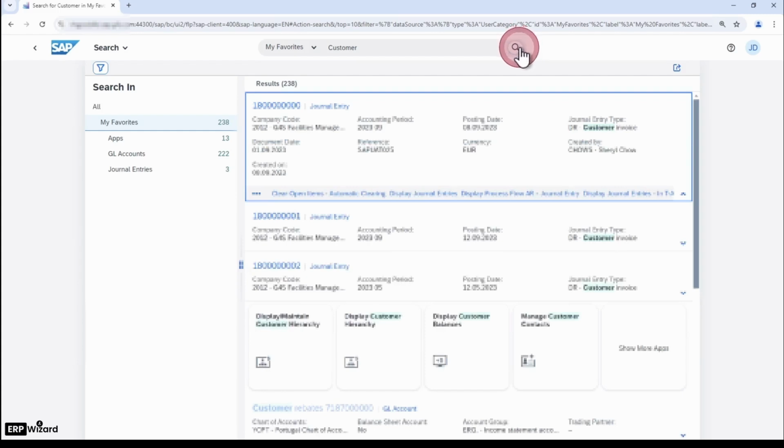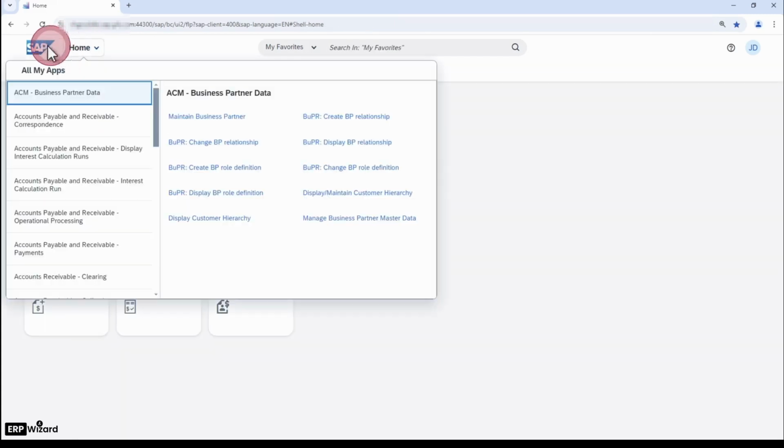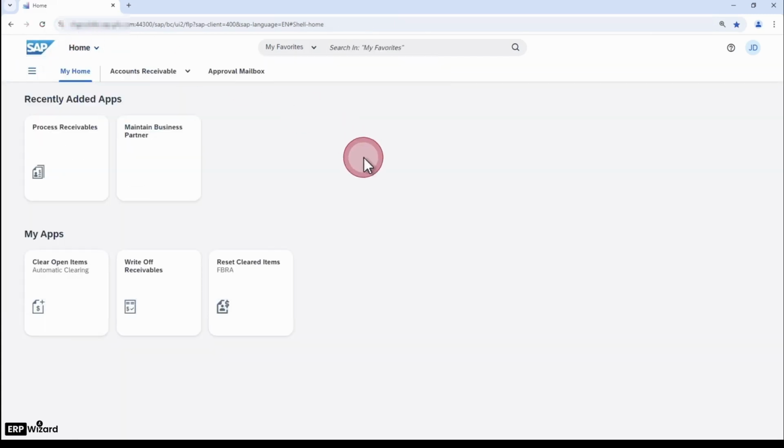The moment I search, it returns my favorites, and it has searched in apps, GL accounts, and journal entries in one click. So that's a very nice feature, and I personally always use this by setting up my favorites,